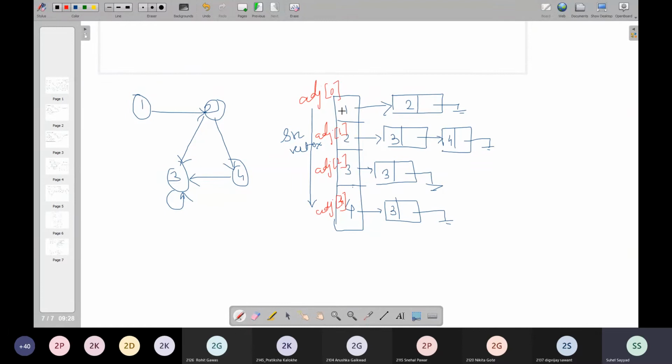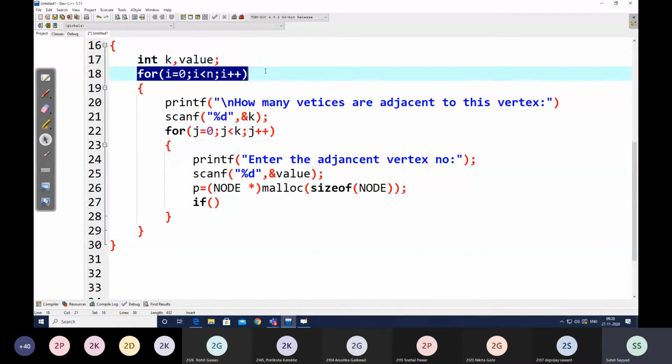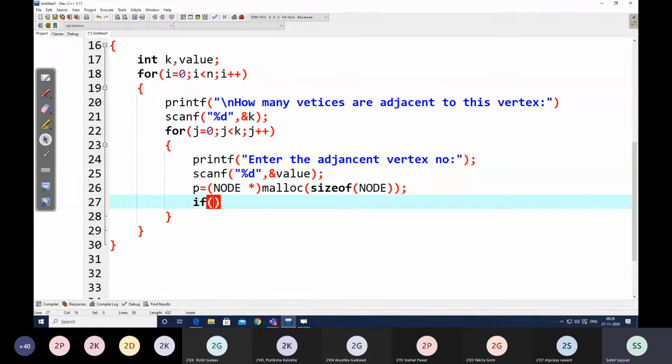Now instead of start, for the first linked list I'll be referring to adjacency of 0. Instead of start in the second linked list, I'll be referring to adjacency of 1. In the third linked list, adjacency of 2. Similarly, in the fourth linked list, adjacency of 3. So it is nothing but adjacency of I, because we have one I loop running over here, since we are running it for 4 linked lists. So I'll be using the label adjacency of I instead of start.